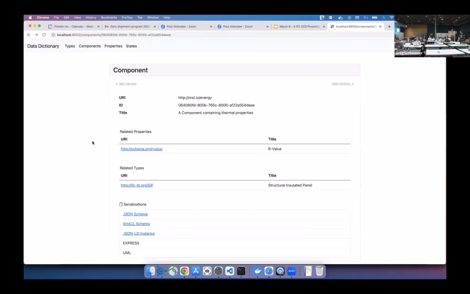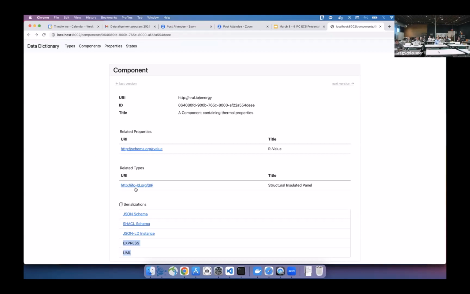We were able to generate even cases where, once I know the schema of something, it's actually not that hard to generate a default instance, so that people could actually use this to instantiate conforming instances directly from the dictionary definition. I'm fairly sure one of the next pieces of work would be, I don't know if anyone would want it, we could begin to put up EXPRESS serializations of this. I'm targeting UML. I wanted to have it done for today, but it's not quite there. XSD, actually, it's silly. I don't know why I didn't think to add that in here. So that was one of the valuable pieces as well, to be able to add more and more serialization outputs for this dictionary format